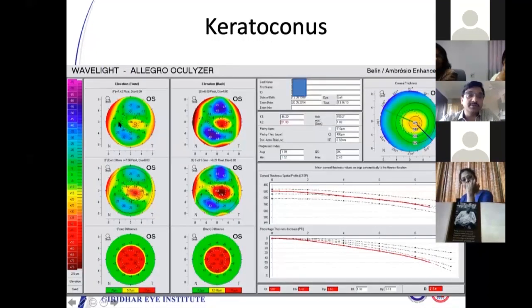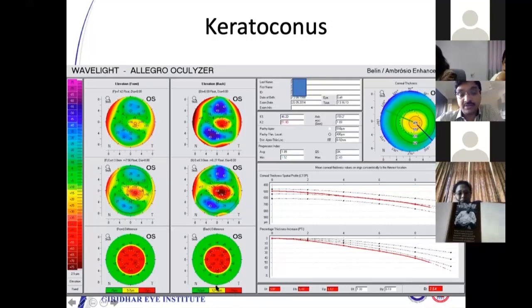And this is the output. This is the normal best fit sphere, and this is the enhanced best fit sphere. If you see both the localized islands, the value is more, it is more enhanced, and this is the difference between these two. And what the green means is normal, yellow doubtful, and red definitely abnormal. It's one standard deviation from the normal, two standard deviations away from the normal. That is what these yellow and red mean. And that is the advantage of Pentacam. You don't have to actually memorize the numbers. It's all flagged.